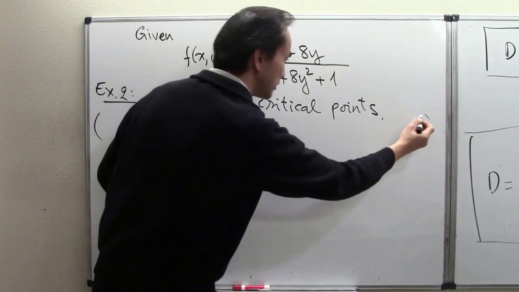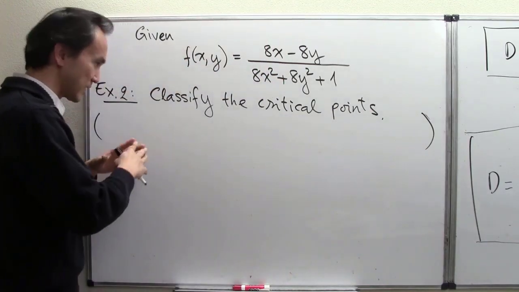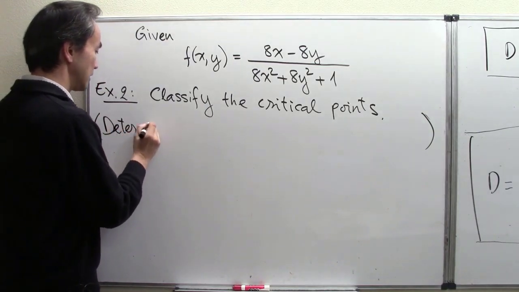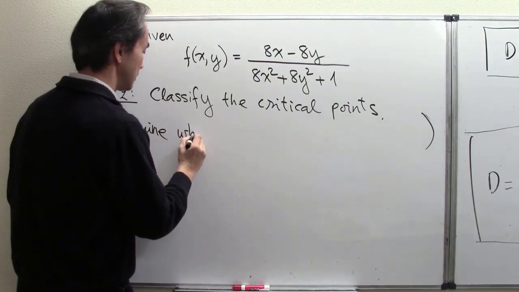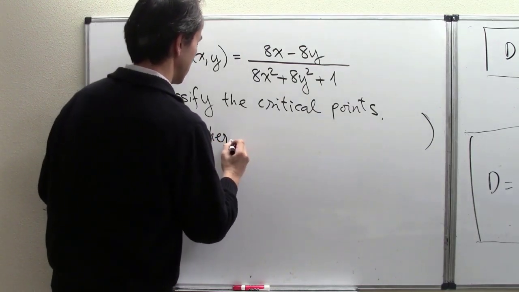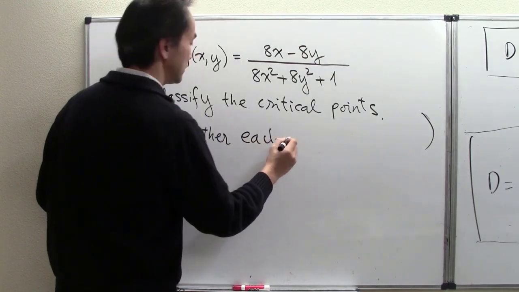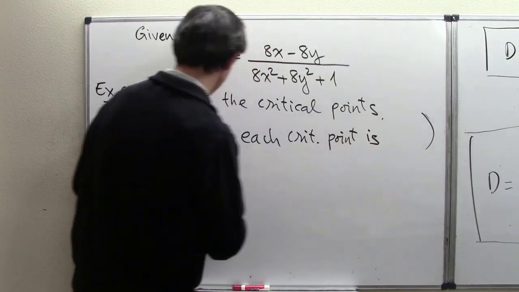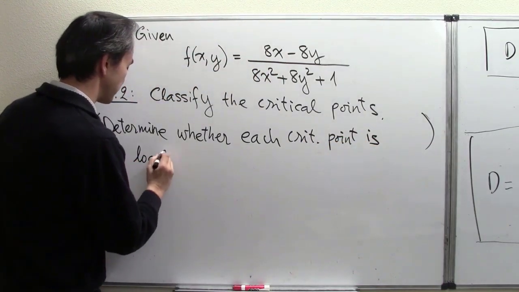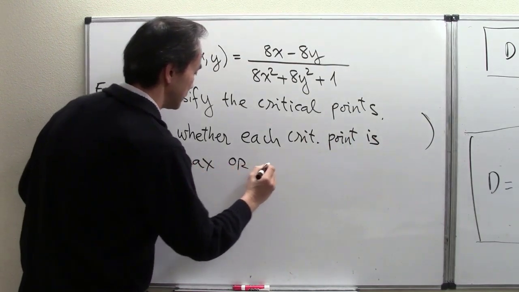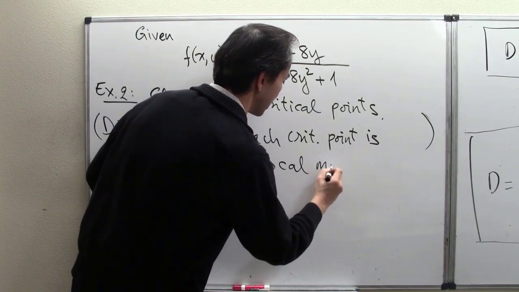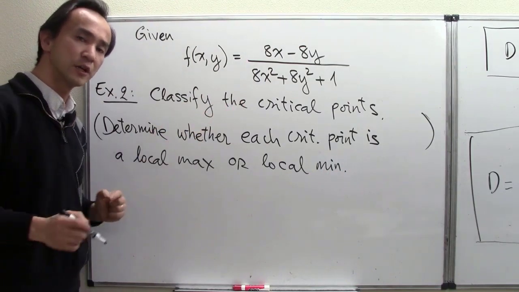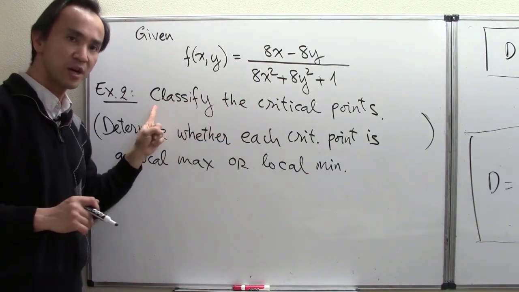classifying the critical points really means, as far as a verbal explanation or another way of describing the situation, we just want to determine whether each critical point is a local maximum or local minimum. That's what it is. That's what classify the critical points means, and we find this standard way of wording it throughout many textbooks, but